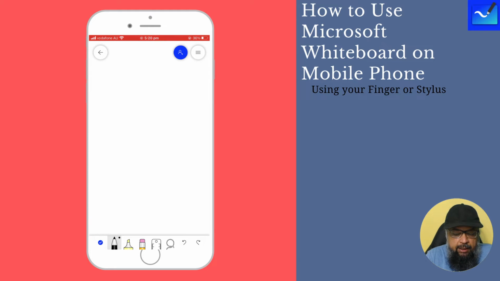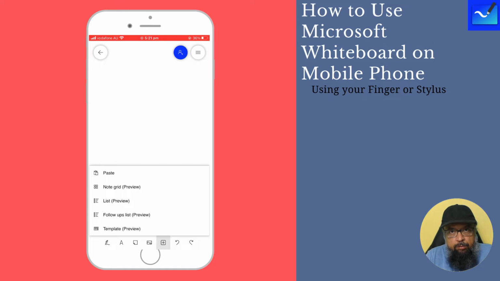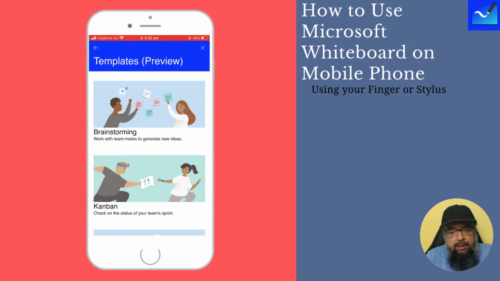And now I click on this tick once more, and now this is the toolbar I want to explain first. And one thing you notice that when you switch between these two arrows shown on the lower right corner stay the same, because those are undo and redo icons, and I will be using them in a minute. And now if I click on this plus sign, there are few options here. Starting from the bottom, when you are starting a new whiteboard, you can use any template. So if I click on template, many templates are available and you can use any of these templates.